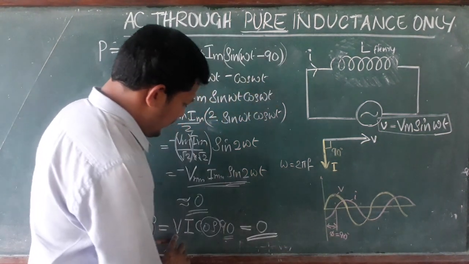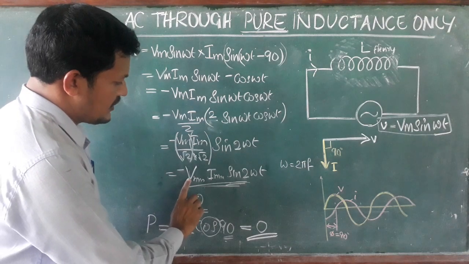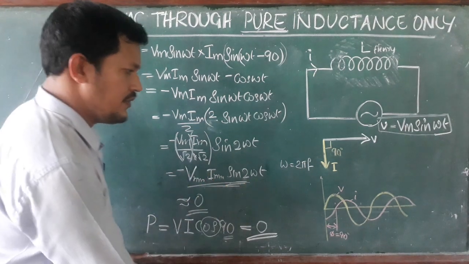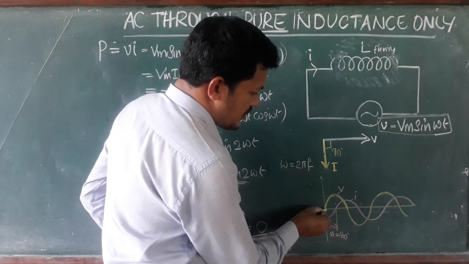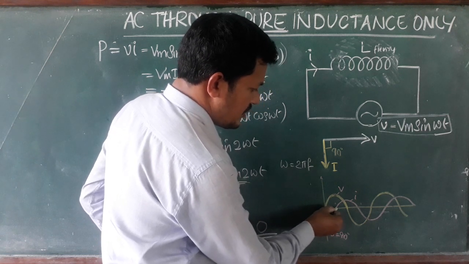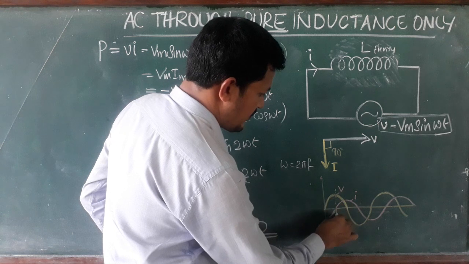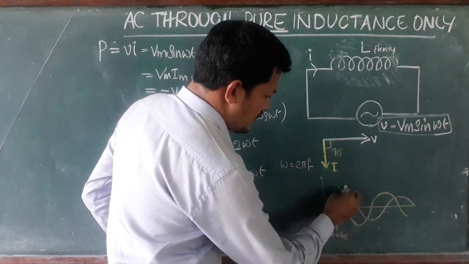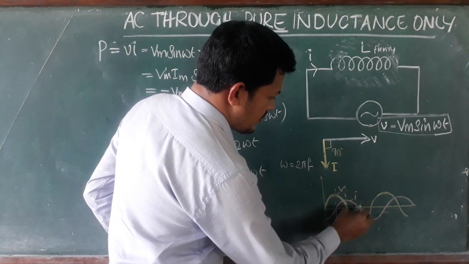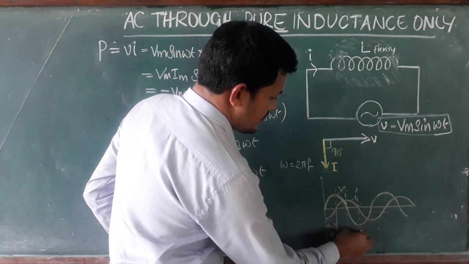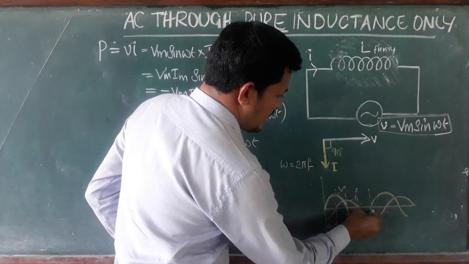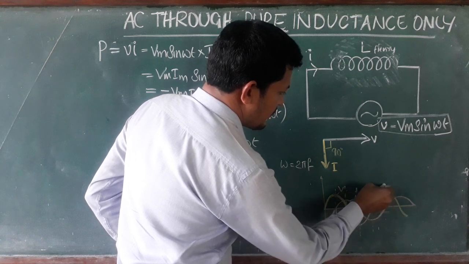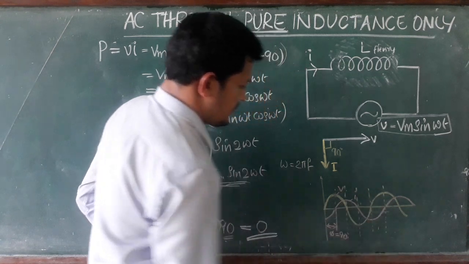Power, we know, is the multiplication of voltage and current at every instant. Here the voltage is 0, so the power is also 0. Here the current is 0, so power is 0. So this is an interval for power. Here voltage is 0, again power becomes 0. Here current is 0, again 0 will come. Again here voltage is 0. So this is an interval. I have drawn intervals at all the 0 points.